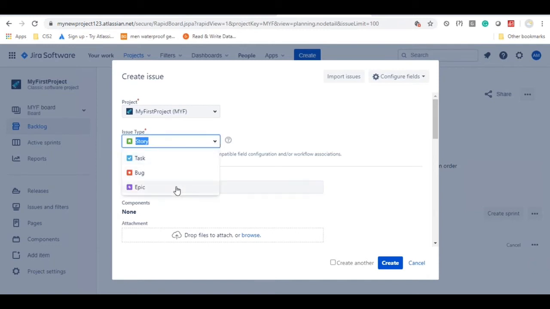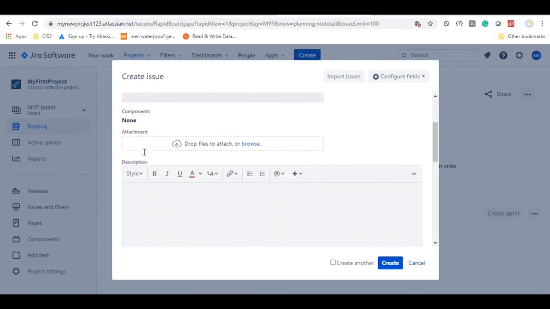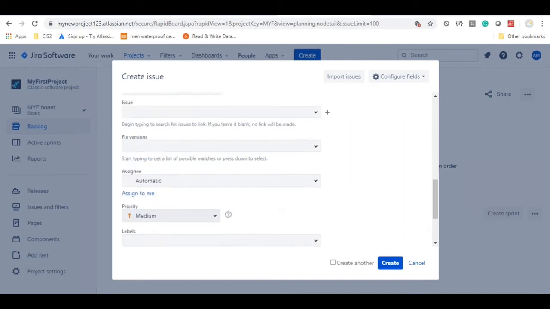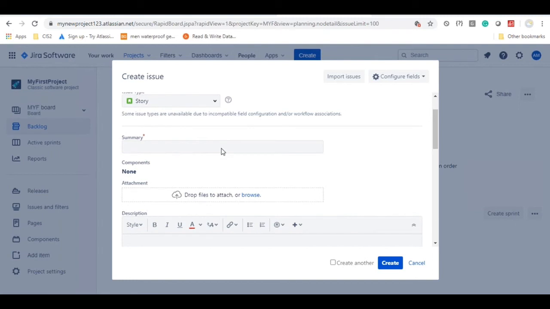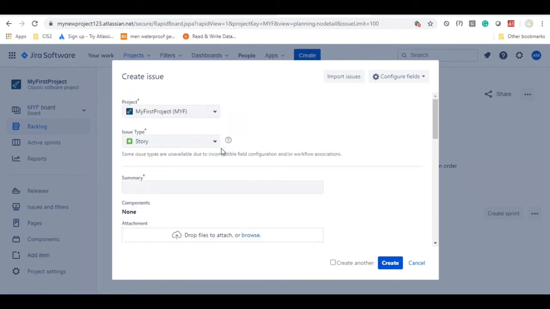Previously we had selected Epic. Whenever I clicked on the Epic button, by default Epic was in the drop down. So that time only 2 fields were there. But now, by default story is selected, and there are so many other fields available here. We have to fill all this information to create the user story.